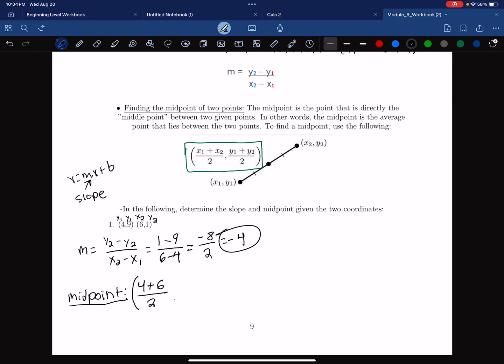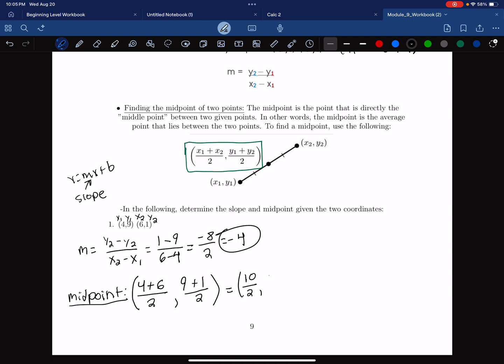Put parentheses around this. Put that comma there. And then y sub 1 plus y sub 2. And y sub 1 is 9. So we're going to do 9, and then y sub 2 is 1. We're going to put that over 2. So let's simplify this. So 4 plus 6 is 10. So we're going to do 10 over 2,